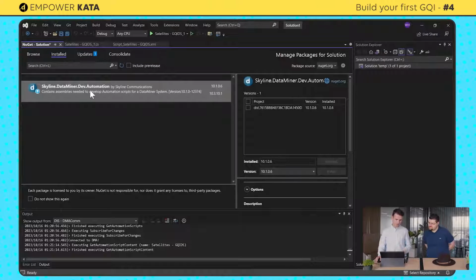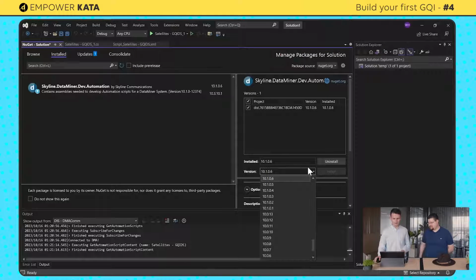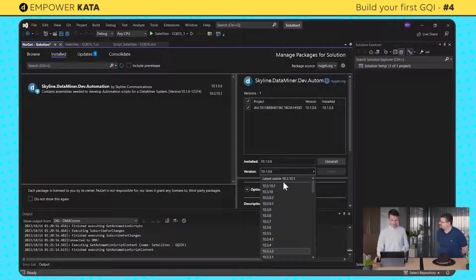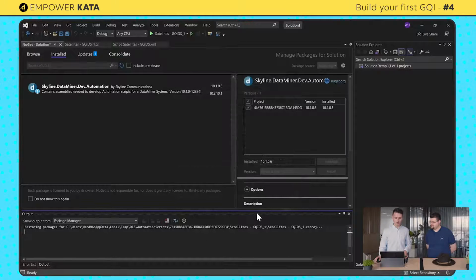And there we see it. So it is using the DevPack for Automation. It contains the SLAnalyticsTypes which we need for the ad hoc data source. When you want to start with automation scripts, those packs contain all the assemblies you need from DataMiner, but from a specific version. I'm going to guess you need to upgrade the version. Indeed, I need to upgrade the version. I will just go for the latest stable, but normally I think for GQI ad hoc data sources, the first increment on that was in 10.2.4. 10.2.4, okay. But let's go for the latest version and we have all the features available. So 10.2.4 is probably the minimum. That's the minimum indeed.